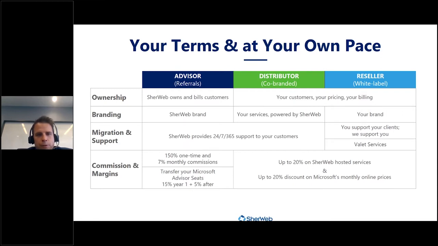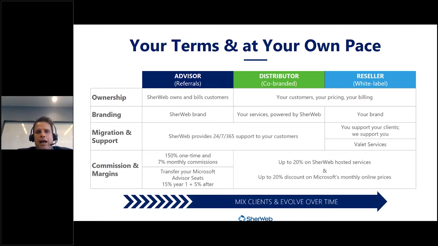You want to bill your customer, but you don't want to support, that's the co-branded. You want to bill and support, that's the white label. You don't want to bill, you don't want to support, that's the advisor model. And what's great is that you can have an account open with all three programs and put customers, depending on their profile, or how challenging, I should say, you think they will be in terms of managing, in the right program based on their profile, or you can start as an advisor